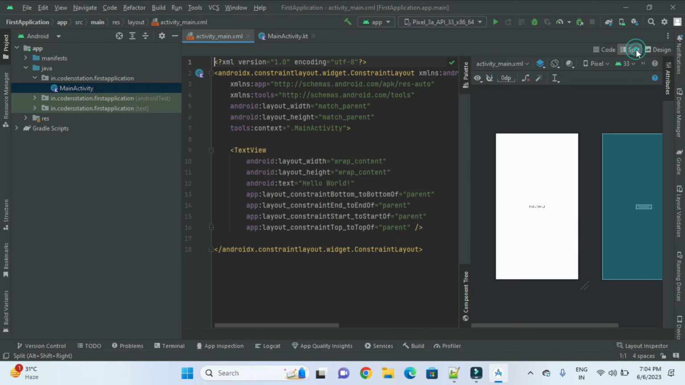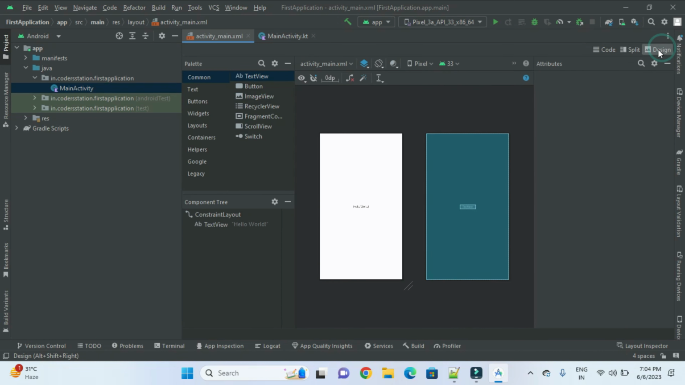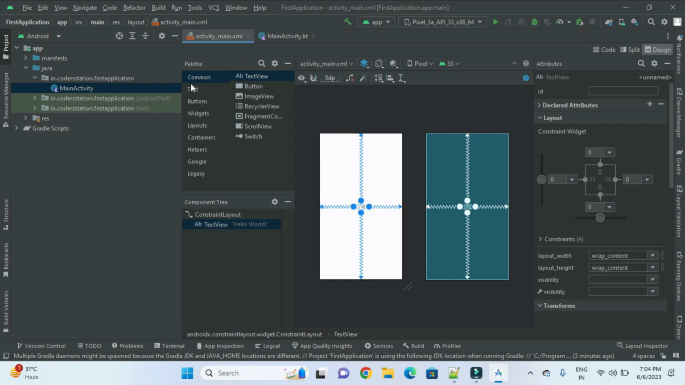Then we have the split view. In this split view we can write the XML code over here, and whatever design is created by that coding, you can see on the right hand side part of this particular window. And the next one is the design part, where we can directly design the things. Like over here the text view is there. So if you want a new text view, we will click over here and we can drag the text view